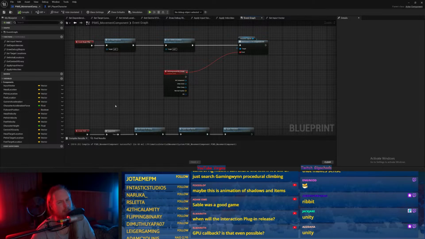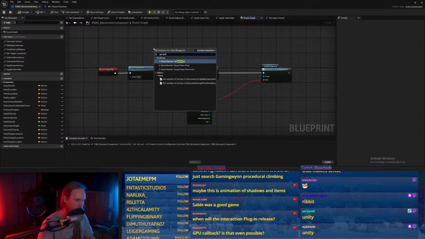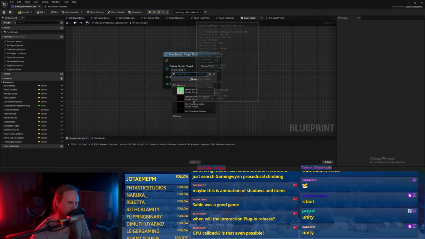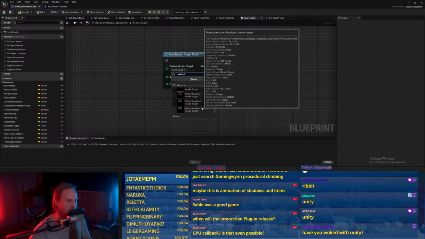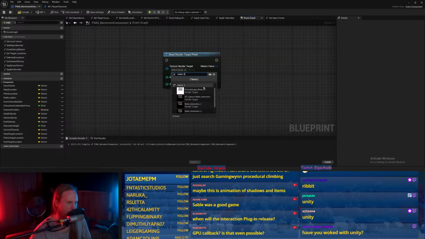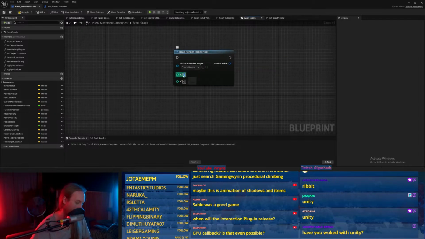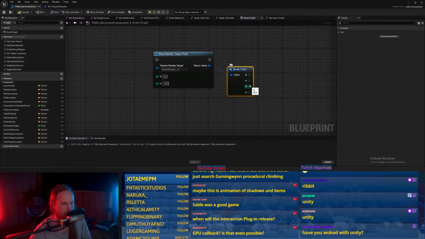It might do that by default in Unreal when you try to do Get Render Target Pixel. So I can get the water render target at whatever the pixel location would be for that thing, and then return the linear color. What the fuck is that?